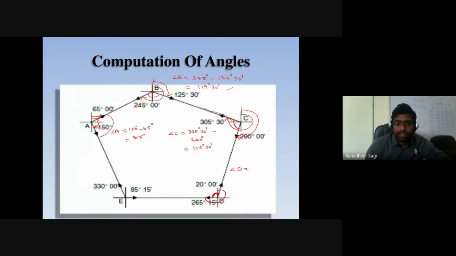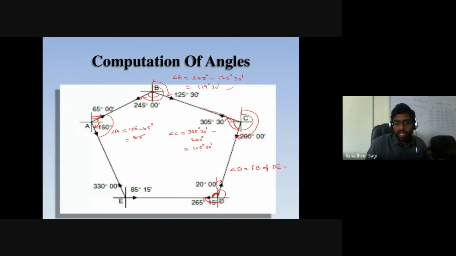This angle. So when I say this angle, from the north, the bearing of your line D to E, which is in the forward direction of the traverse. So automatically that's a forebearing that I am trying to write down here. So forebearing of D. This angle, if I am looking at.